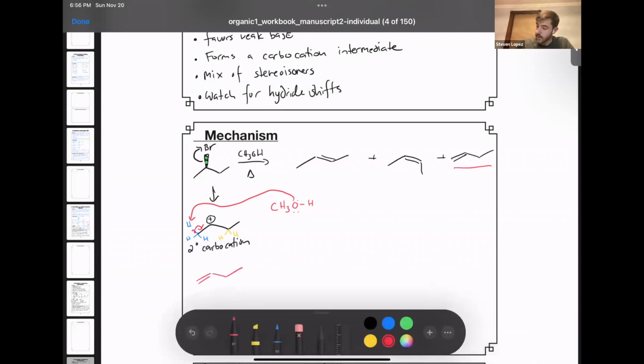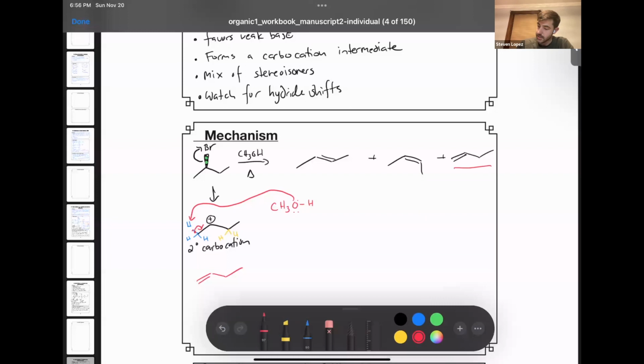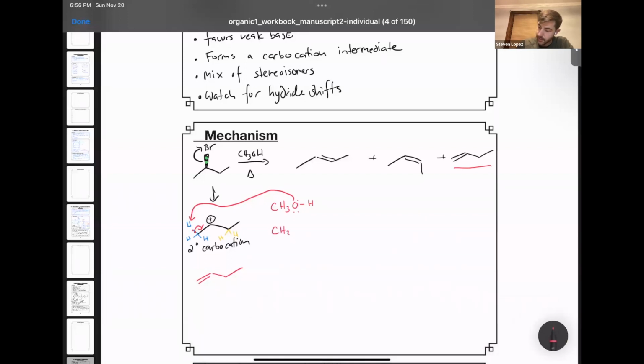We could also deprotonate one of these yellow hydrogens, which I'll also do in red, just using a separate methanol molecule, to be clear. Again, I'm going to deprotonate the hydrogen, move the electrons from the carbon-hydrogen bond onto the carbon framework, and make the following molecule. Okay, and then here we have the trans 2-butene, which is here. Now we're out of different hydrogens to deprotonate, right? We only have the yellow ones and the blue ones. We need to be able to also arrive at this cis 2-butene.